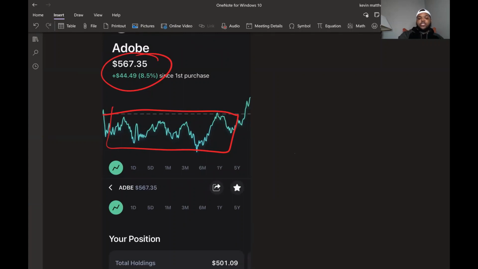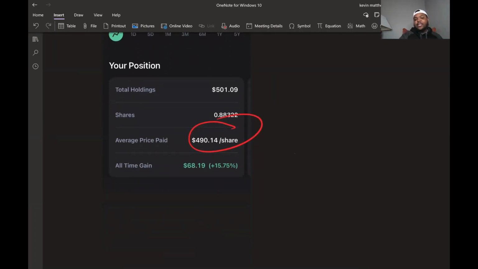So instead of the 8%, let me get rid of all these lines. Here we go. Instead of the 8% if I had just dropped it in all at once, I got in at an average of 490, which makes my return 15%, or about $60. I've got like $500 in it, which is really good, right? 15%. I could have just dropped it in at once and got 8.5%. That's meh, right? If I were going to get 8%, I just would have done a regular index fund and called it a day. I'm taking on more risk, so I expect a higher return, and in this case we get a pretty decent one at 15% because we invested on a regular basis.